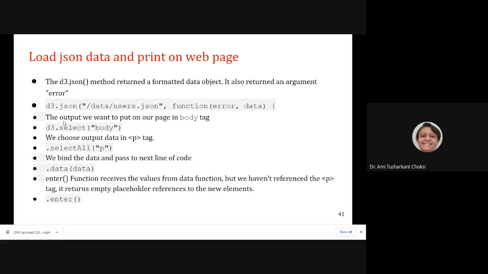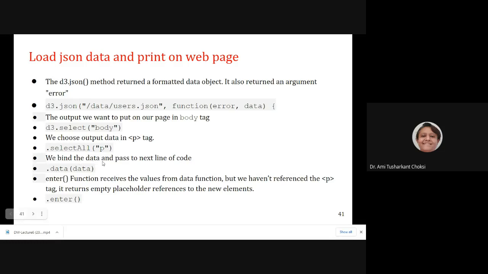So for that, let's say where we want to give the output, and that will be d3.select. It will be for body. Then after we can say selectAll. And for which particular tag we want to give, it is for the p tag. Is the p tag available? It is not available. What to do, right? Okay, let us see that first, then we'll see the solution. We want to choose the p tag, so we will be using selectAll. We have used that in these selections, right?